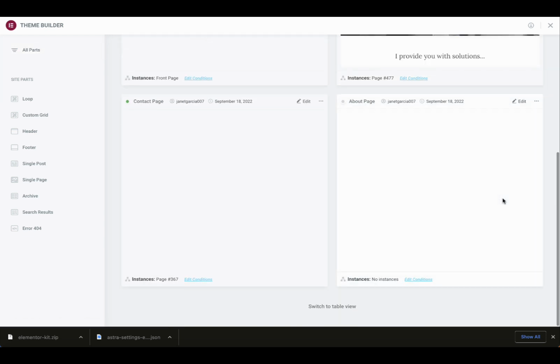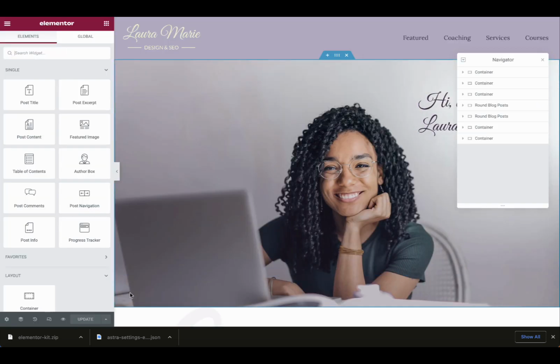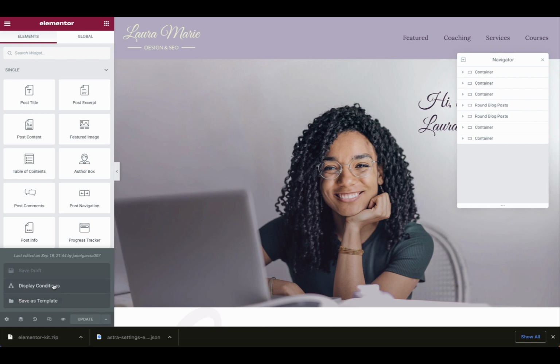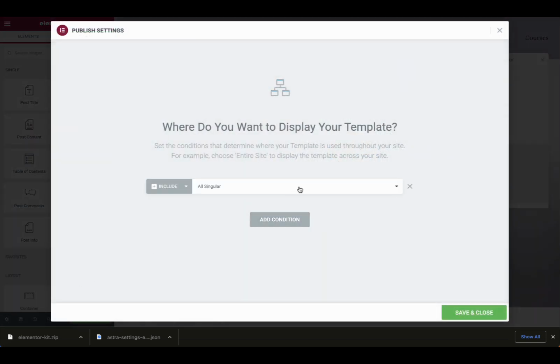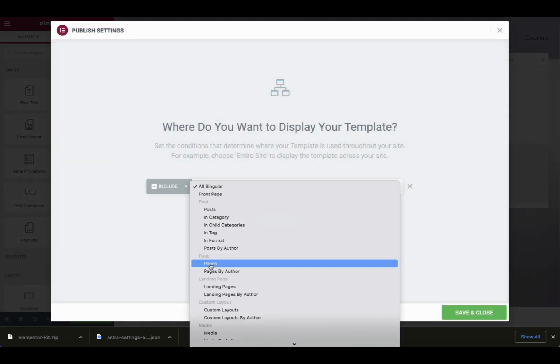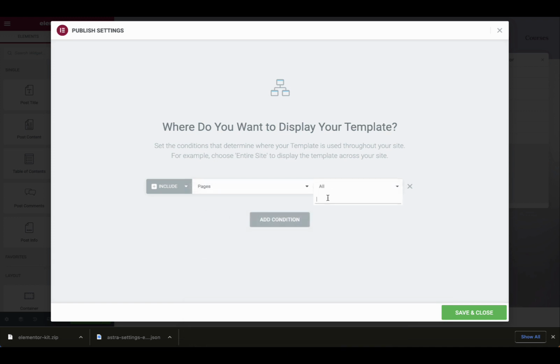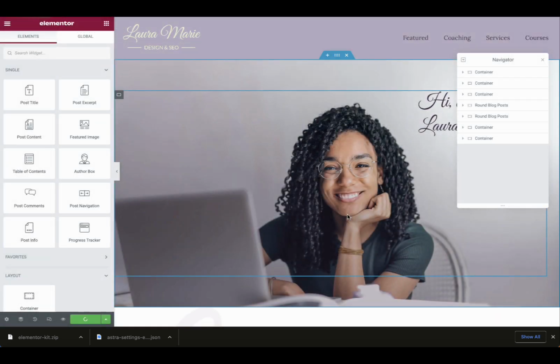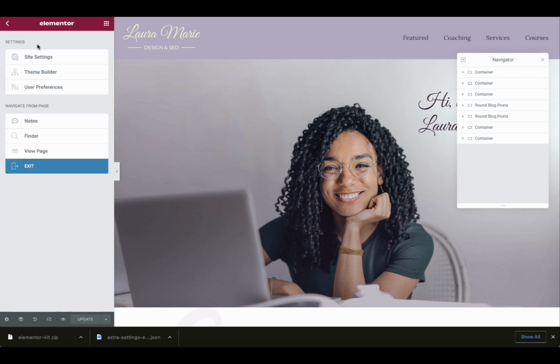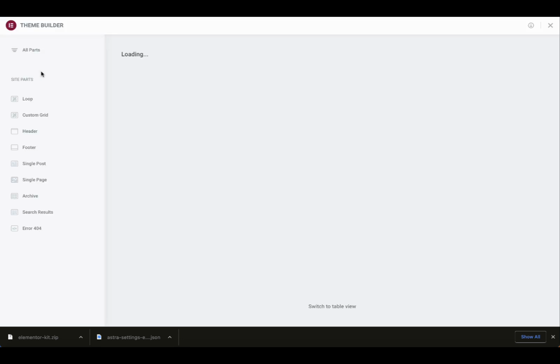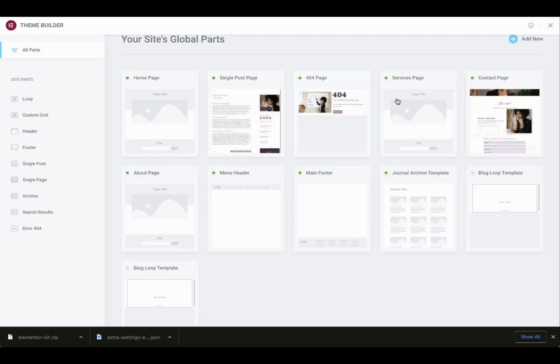Let's go to about page. Same thing. Display conditions, pages, about. I'm not sure why Elementor didn't link these pages. Theme builder. Okay, now everything is